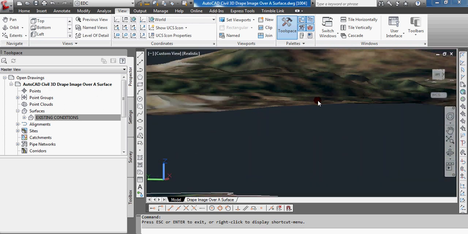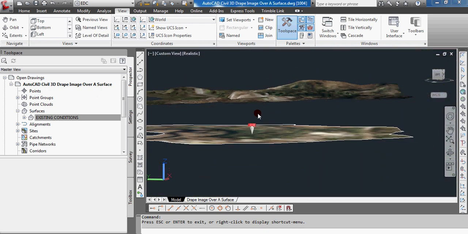The other thing you'll notice, I'll just zoom out here for a minute, is underneath here is the image itself, with that clipped boundary around it. And now you can see where by clipping that image, it makes it a lot neater when you're working with this, because it's not spilling out, if you will, outside of the area that you're looking to drape the image onto that surface. So it makes it a lot nicer to work with,